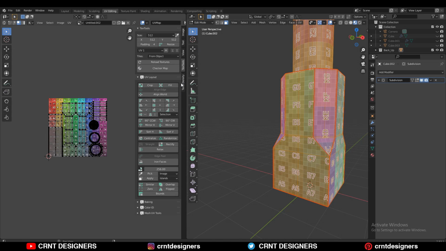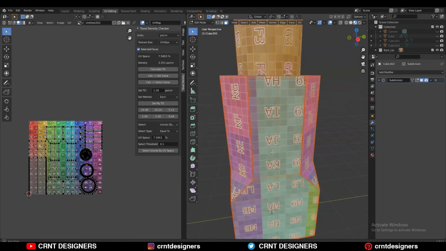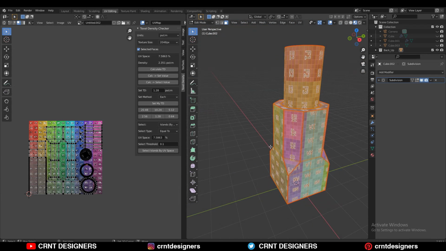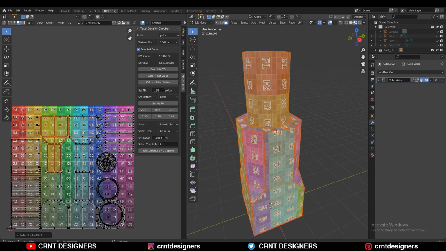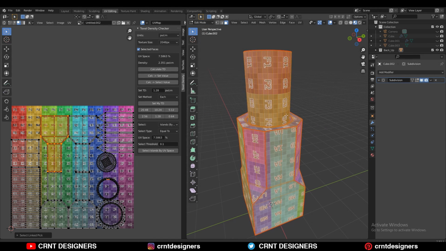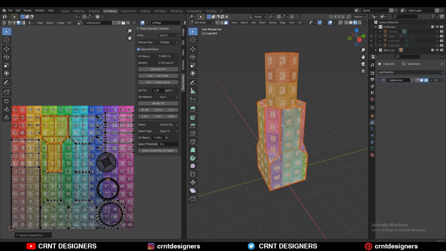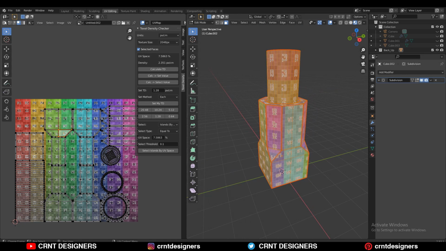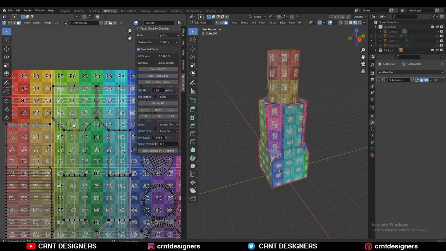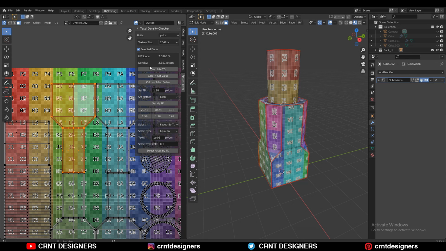Okay, now let's come to the texel density add-on. So I will go to the edit mode, and the next feature of the texel density add-on is pretty easy. You can select faces and UV islands with the help of texel density and the UV space. So this is the feature of the texel density add-on. Just turn on that UV sync selection tool, and now I will select this UV island by pressing the L key, and then I will calculate this texel density. It is somewhere around 2.351. So here you can see its texel density and its UV space.